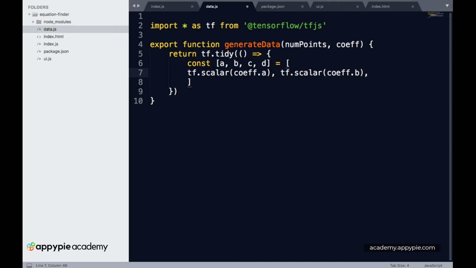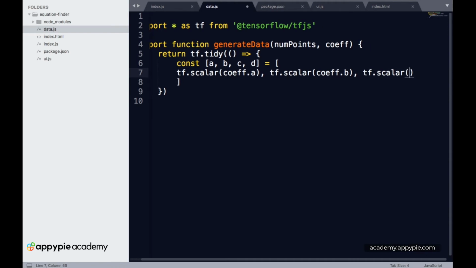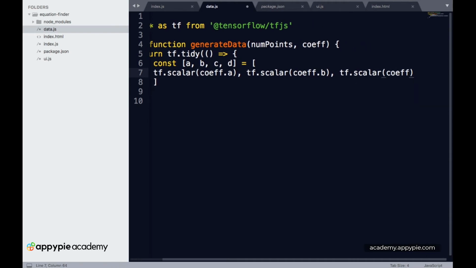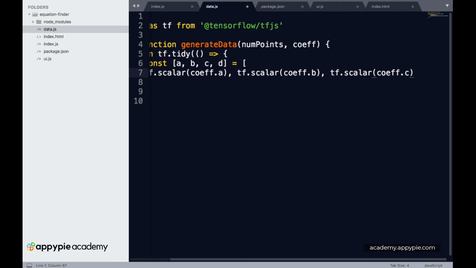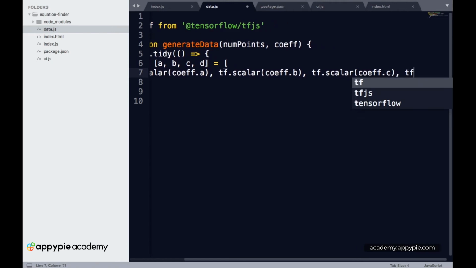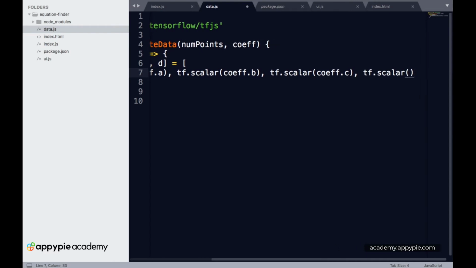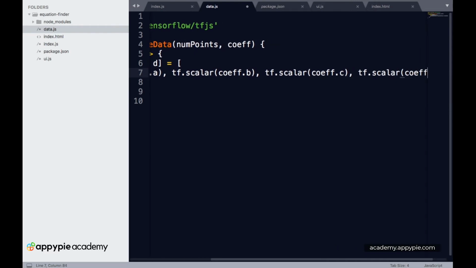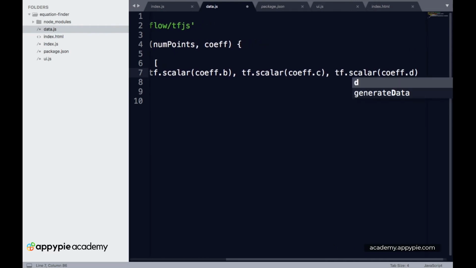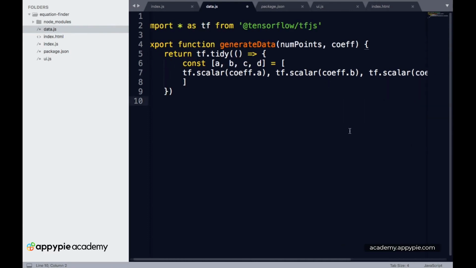The same goes for c, tf.scalar with coefficients.c, and for d, tf.scalar with coefficient.d. With this we have initialized the a, b, c, d values for the constant.